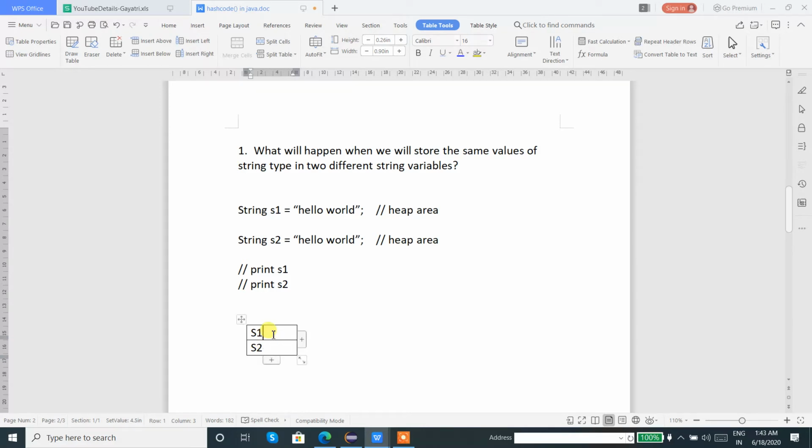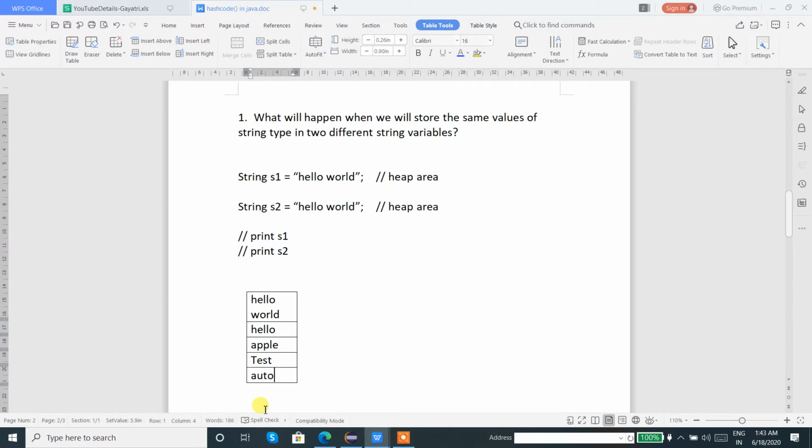Fine. But the thing is that the values are similar. So let's say this is a string pool where multiple values are there. Let's say hello world is a value which we stored, and we created it in small case. Now hello is a value, apple is a value, test is a value, automation is a value, and this is a string pool.